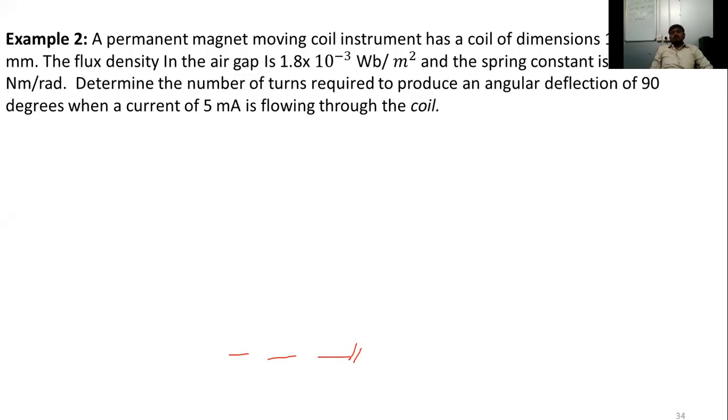Read the question carefully and write the given data and solve whatever they have asked. Based on that, you people have to solve. This problem is also completely related to TC and TD only. So read the question carefully, write the given data, and try to solve it. You have 5 minutes to solve this one.